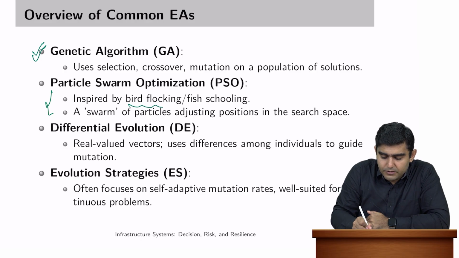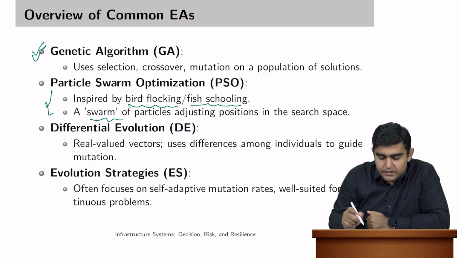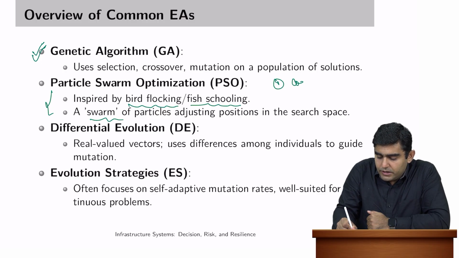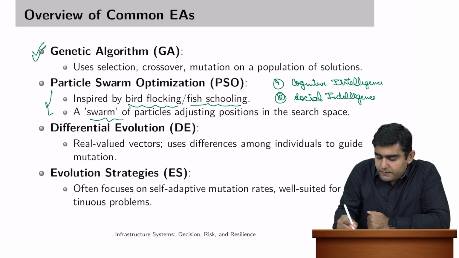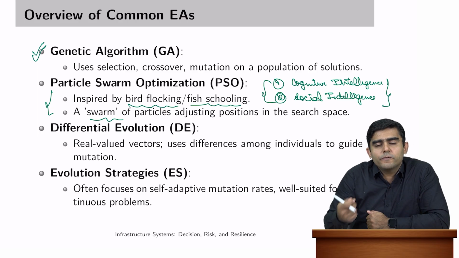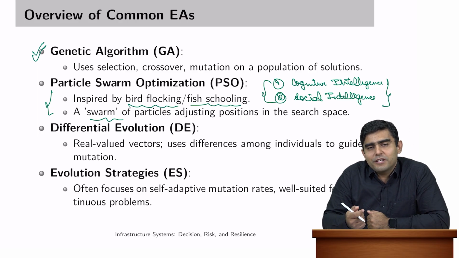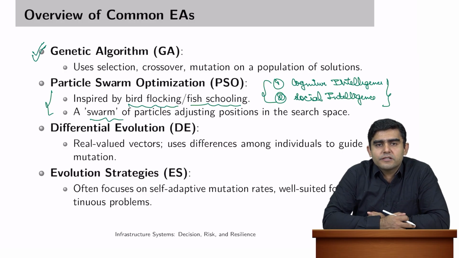I already gave you the example inspired by bird flocking or fish schools moving in the water. And here a swarm of particles will adjust their position in the search space based on their cognitive intelligence as well as social intelligence. Now, this is simply fascinating, how these things that we often use for decision making are actually used in optimization, and that's where we have to learn these and apply these to certain systems that we are going to